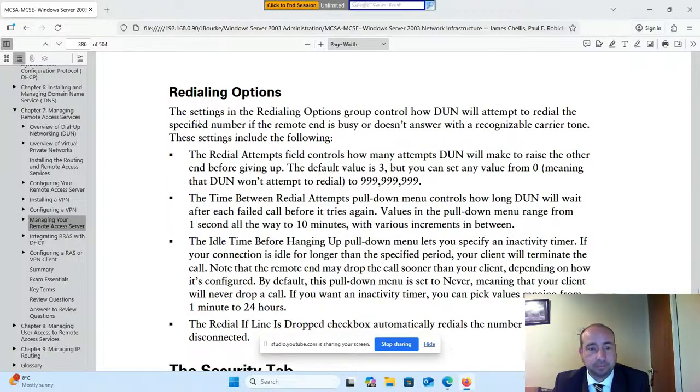Redialing options. The settings in the Redialing Options group control how DUN will attempt to redial the specified number if the remote end is busy or doesn't answer with a recognizable carrier tone. These settings include the following: the Redial attempts field controls how many attempts DUN will make to raise the other end before giving up. The default value is 3, but you can set any value from 0, meaning that DUN won't attempt to redial, to